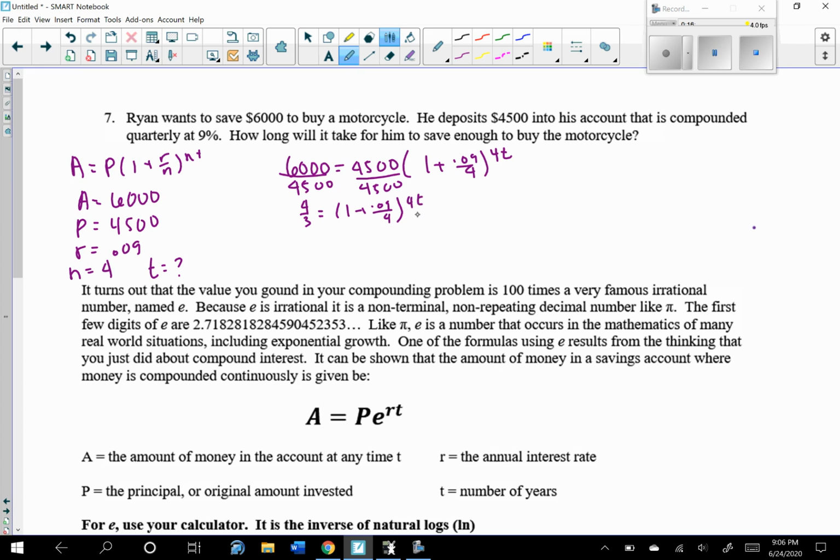Now I have the base with the exponent. I can go ahead and write this in logarithmic form. So the log of 1 plus 0.09 divided by 4, the argument is 4/3, and that is equal to the variable exponent, 4 times t. And then divide both sides by 4, and t is equal to,